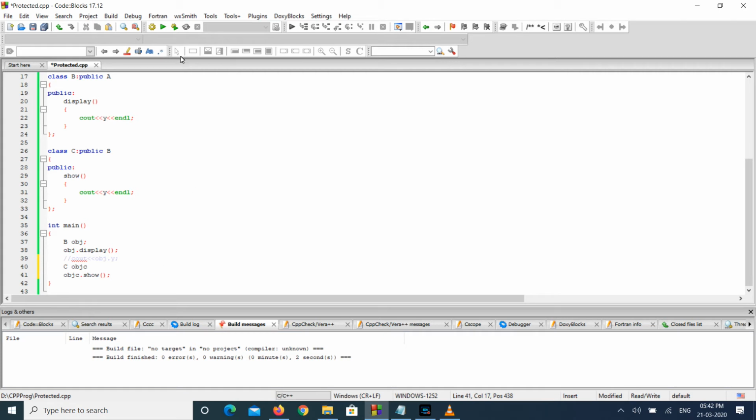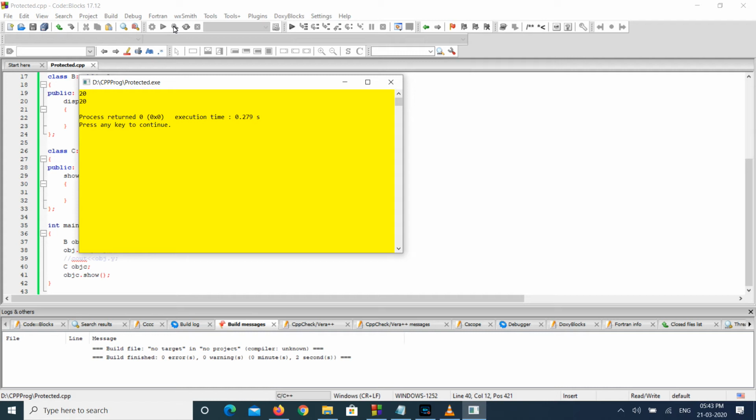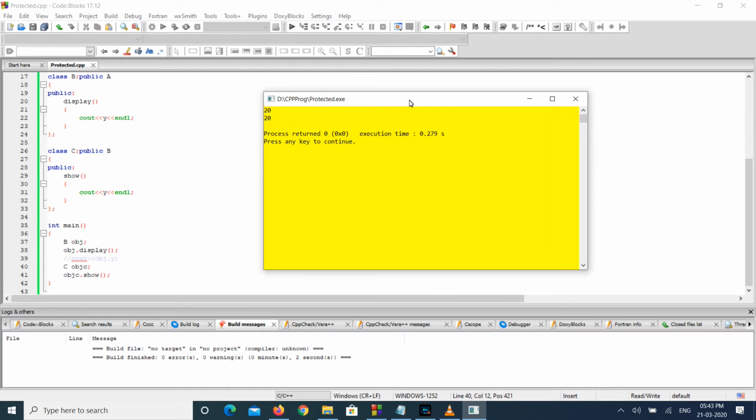Now compile the code and let us see the output. Sorry, my mistake. Let us compile the program again and see the output. So what we see, the variable y is accessible from both class B and